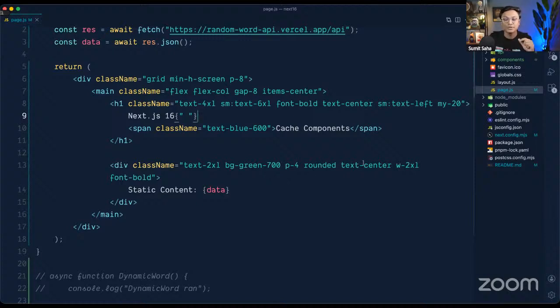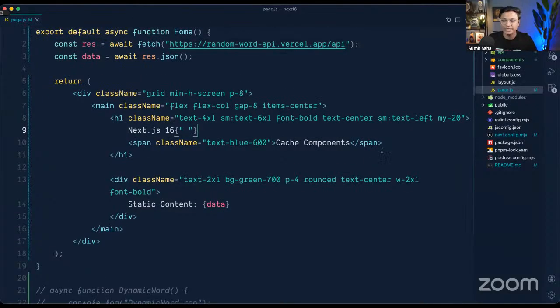We need to enable it. So Next.js gave us the option to enable or disable it. If you want to use cache components, or if you want to update your previous application, like Next.js 14 or 15, to Next.js 16, you can just turn off the cache component feature, and then it will work as well. So they kept it for backward compatibility. So first, what I will do is